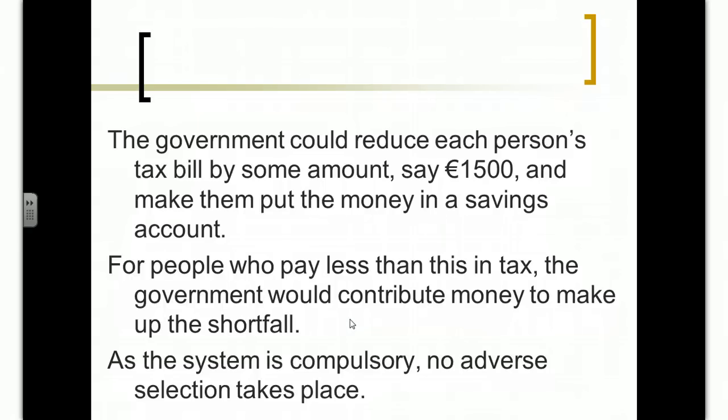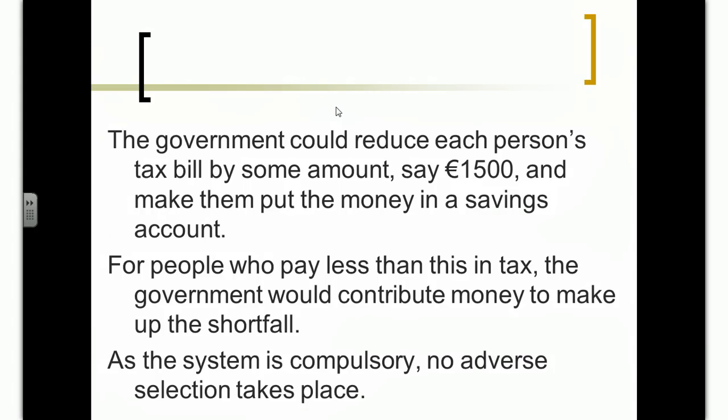So in the current private healthcare system in Ireland, you can choose to purchase private health insurance. So what happens to the insurance companies is that people start to buy health insurance when they need it. They give you the €1,500 when they want far more back. In this instance, to avoid people delaying putting in the €1,500, it must be compulsory. So the money goes in as soon as they start earning. And for younger people, their healthcare needs will be quite low. If you set aside €1,500 a year for healthcare, you might use some throughout the year, but you're unlikely to use the full amount. So the money would start accumulating.